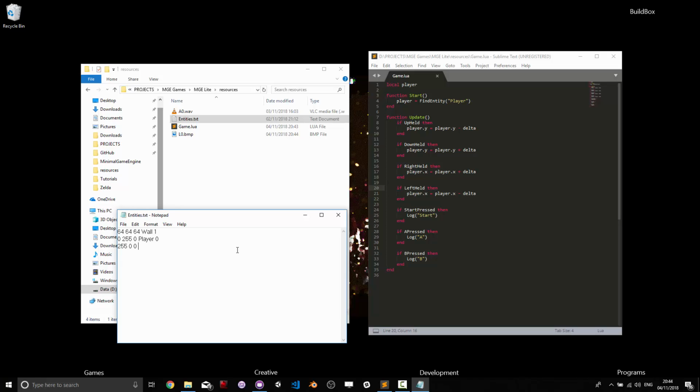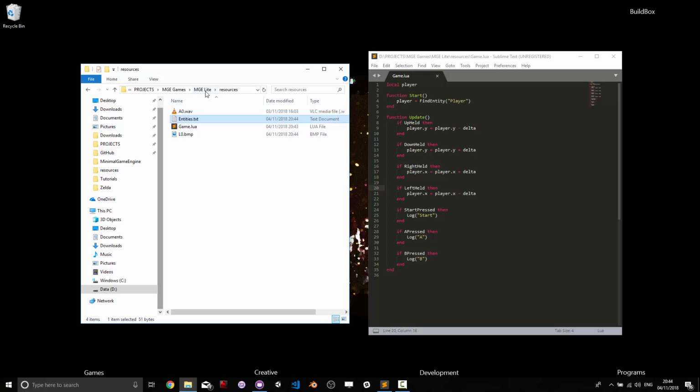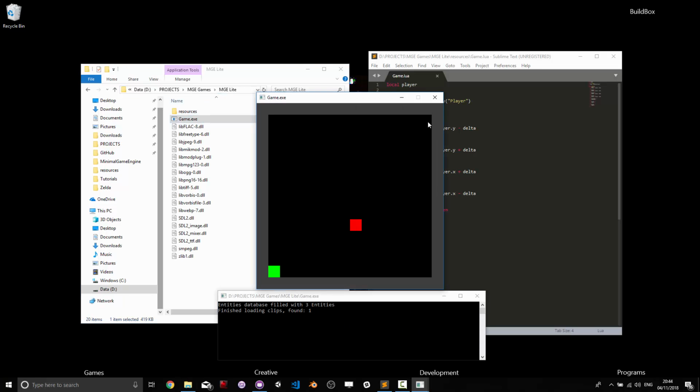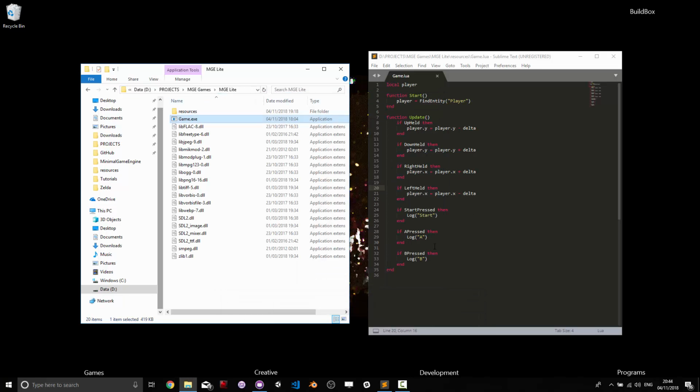255, 0, 0, hazard, and the sprite isn't necessary because we're in the light version. There we go. Now, I want to do a collision check with the hazard. So I'm going to start with hazard